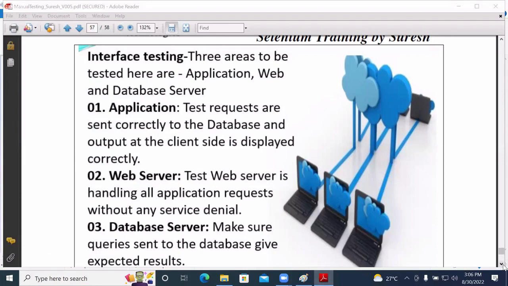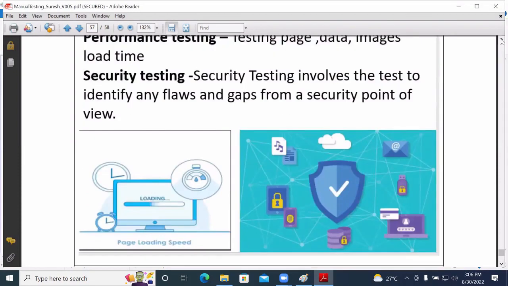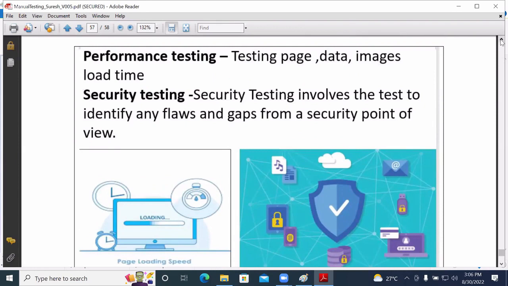Okay. In a similar way, you will have two more things here. What are they? Performance testing. Another one is security testing. The meaning of performance testing, in a very simple way, you can consider as page load time.